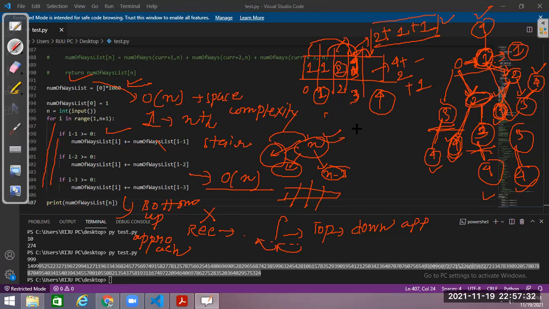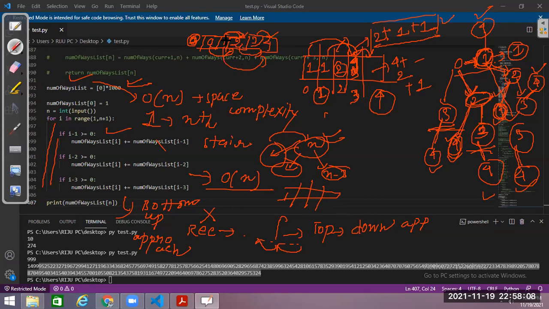There is one thing I did not understand. If i-1, i-2, i-3, see, if I am at a stair, right? Suppose that I am standing at stair 2. If I am standing at stair 2, from 1 I can go to 2, from 0 I can go to 2. Can I reach it from 3? Sorry, so these two are only possible, 0 and 1, for 2. But if I go to 4 and consider 4, I can reach 4 from 3, from 2 I can reach 4, from 1 I can reach 4.